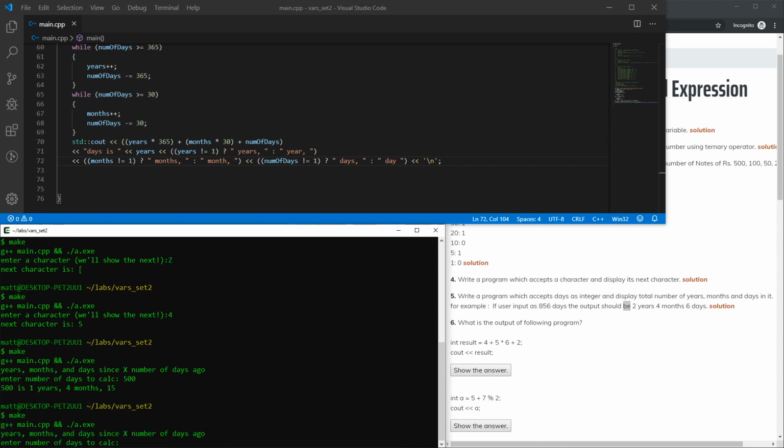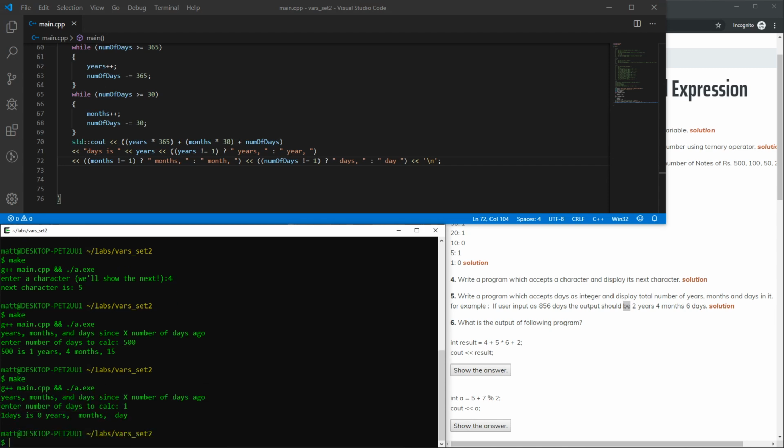So enter the number of days to calc. We're just going to say 1 and see what this does. And it'll say 1 days. Uh-oh. I need a space here. And, oh god, I didn't actually correct this. So if this is only 1, this days is going to be wrong. So we could correct that whole thing by once again doing another ternary operator here and saying